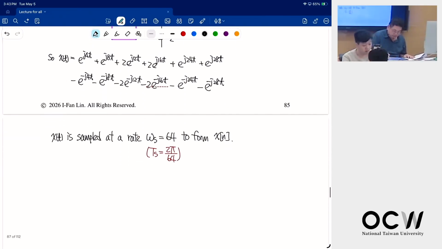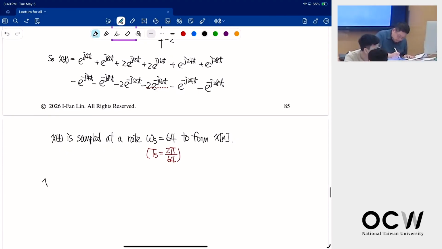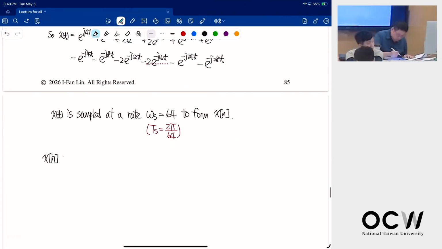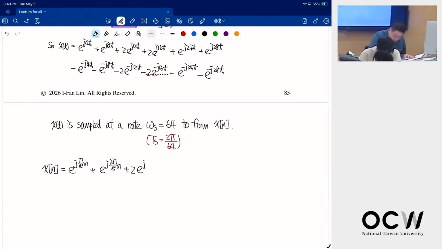So if I sample at 2 pi over 64, my x[n] is e to the j pi over 8 n, e to the j 2 pi over 8 n, plus 2 times e to the j 3 pi over 8 n,